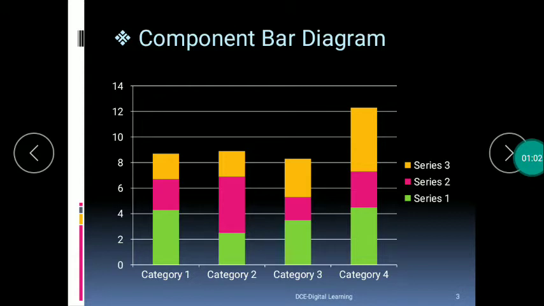This diagram is also called as subdivided bar diagram because you can see one bar is divided into different components. So that is why this diagram is called as component bar diagram. The bar is subdivided into various parts in proportion to the values given in the data. Each component occupies a part of the bar proportional to its share in the total.